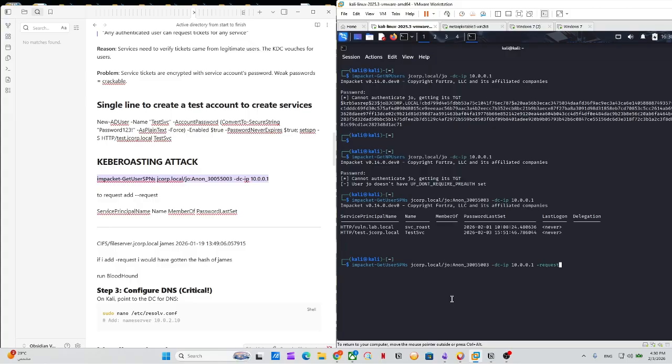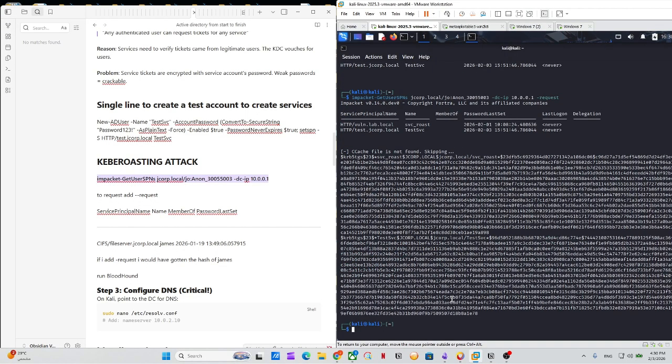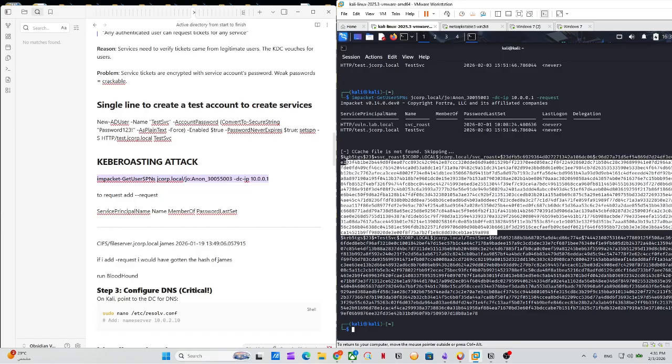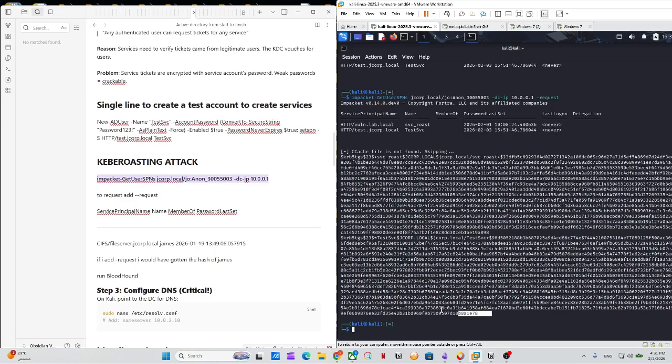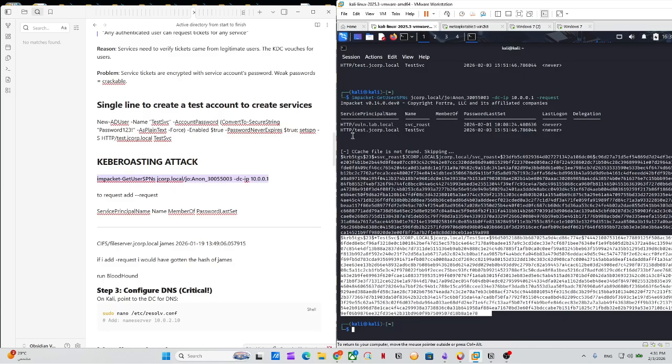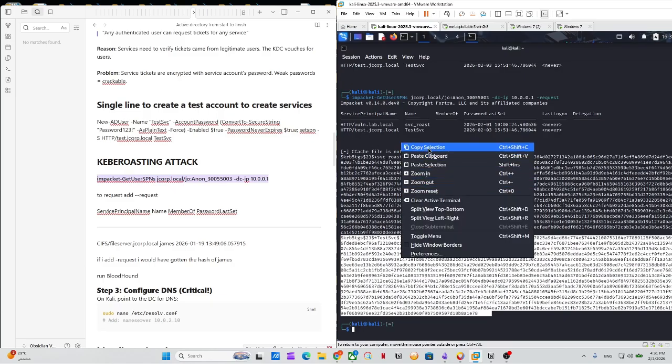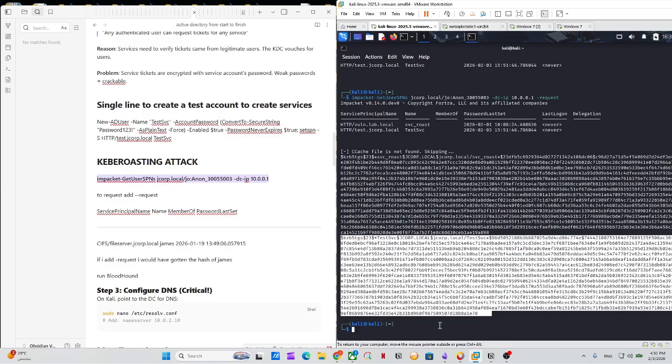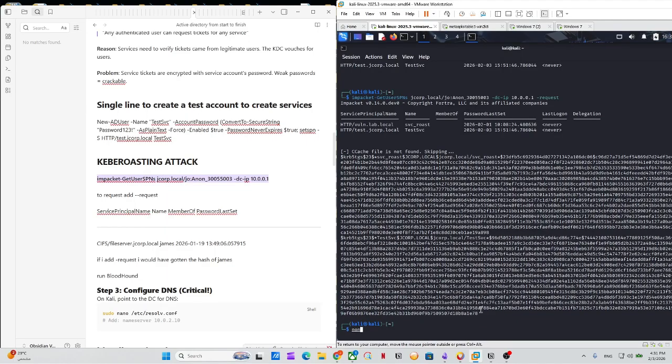Okay, it's going to give you the hash. You see this one? This is the hash for both. Actually, this is for the first one, and this is for the second one. So we care about the second one, so we'll just copy this one. Okay, and I got the hash, so I'm just going to go ahead and put nano